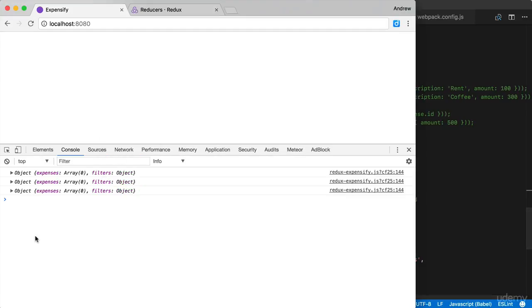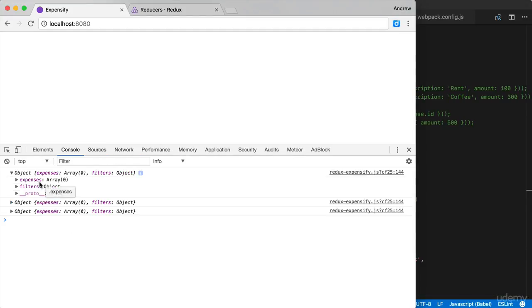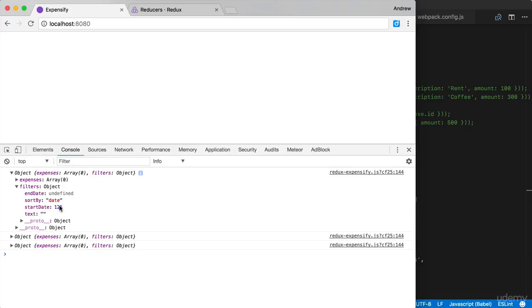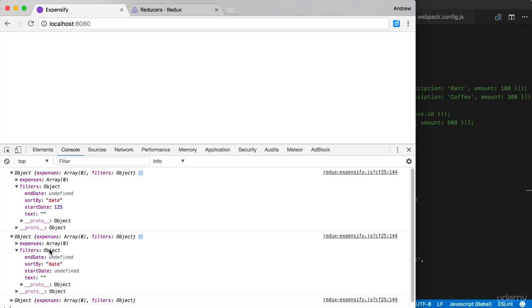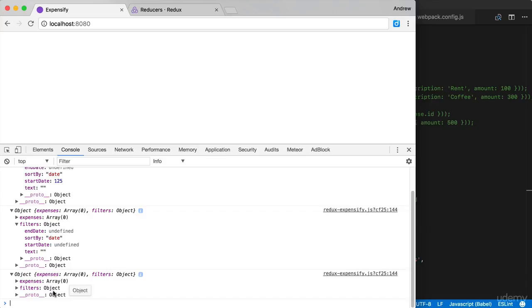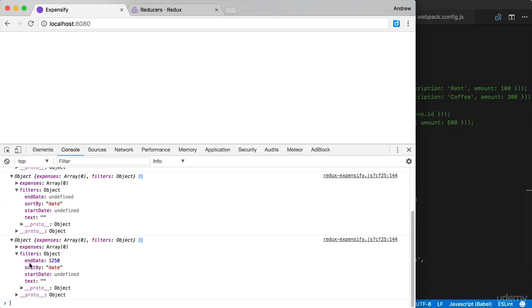Now, if we go ahead and actually save the program, we can test our work and make sure the data is actually changing. So right here, we have our first call. If I go into filters, we can see that start date is 125, which is correct. End date hasn't changed. That is expected. Over here, the value should get cleared. It is indeed cleared. It's back to undefined. And the last one should have changed end date. And that is exactly what we're getting. We have end date right here set to